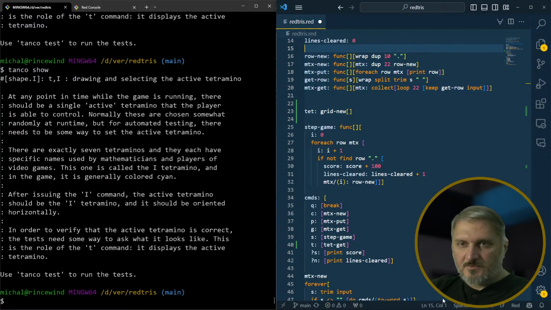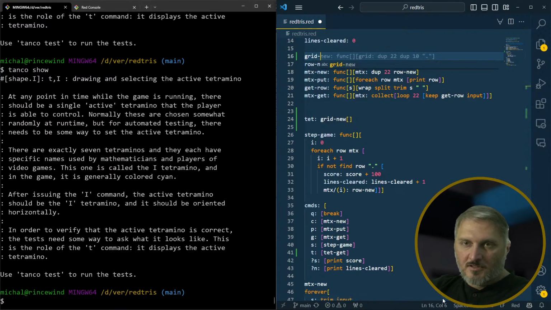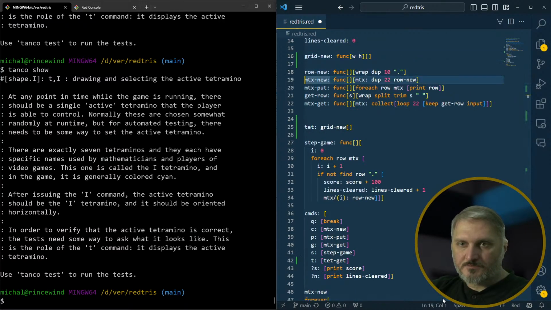And we're gonna extract this. We're gonna say grid new func, and we're gonna give it a width and a height, and then we're gonna say